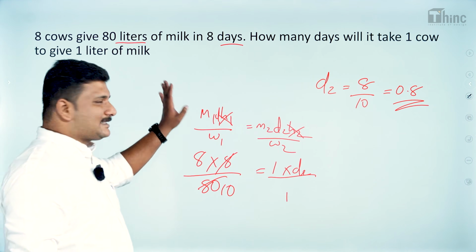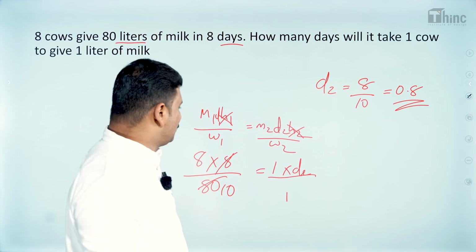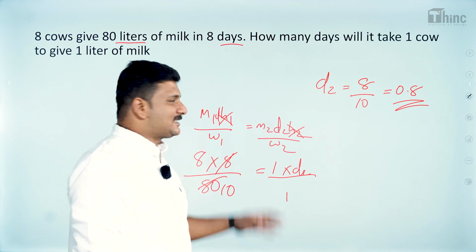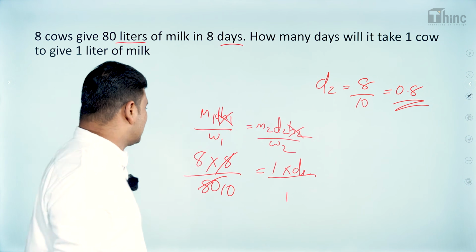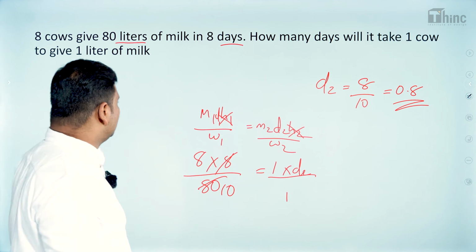So we are actually sticking to the same formula, that is M1 D1 H1 by W1 equals M2 D2 H2 by W2. And in this question, hours per day they are working for is missing. So that's why we are eliminating hours from both the sides. So then it becomes M1 D1 by W1 equals M2 D2 by W2. So one cow,